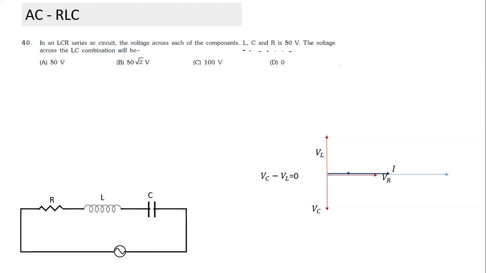So what will be the resultant applied voltage phasor? What will be the sum of these 3 terms? VR only, because these 2 will cancel out. VL minus VC will become 0. Okay, so that's what the phasor is. Now let's understand, this is slightly new. What is the voltage across the LC combination? What do you think will be the voltage across these 2 put together? See, 0. Huh? 0, sir.